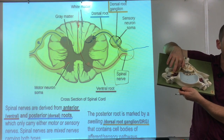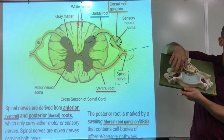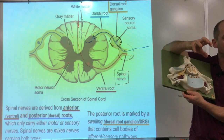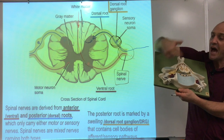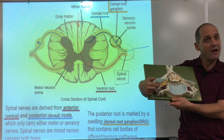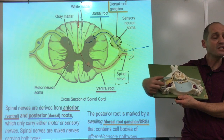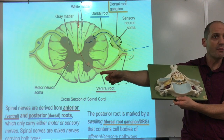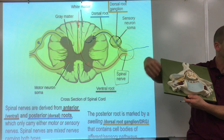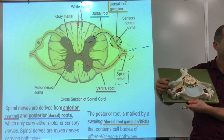So the bulge is cell bodies clustered together, so they're all protected and they don't get squished. Because the nerves come from the outside, in from the skin or somewhere, into the spinal cord, and those extensions are dendrites, they're not cell bodies. You don't have too many cell bodies of the nerves in the extremities or in the periphery. So then